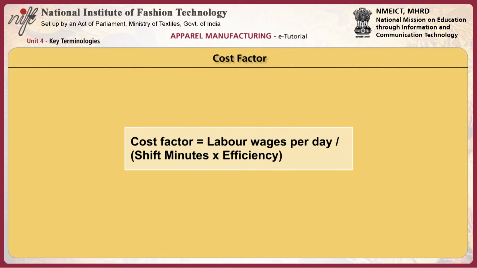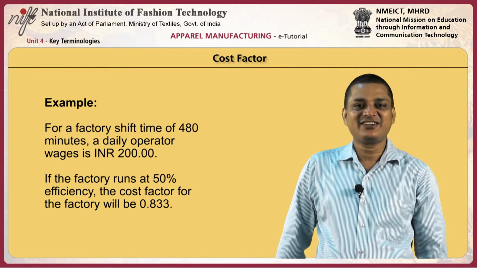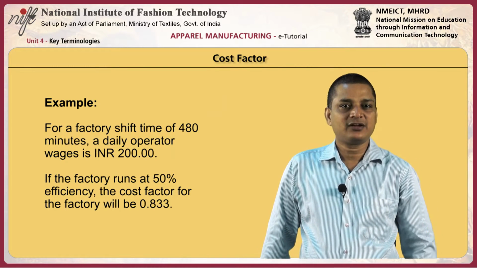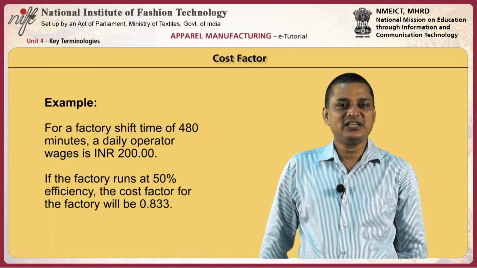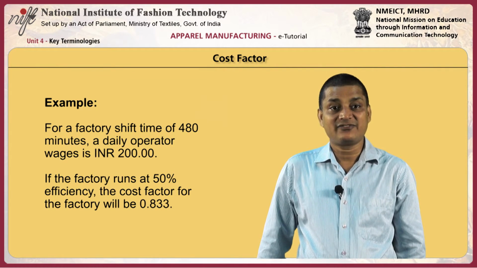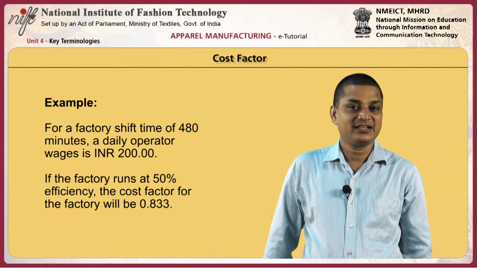Cost factor is equal to labor wages per day divided by shift minutes into efficiency. For example, for a factory shift time of 480 minutes, a daily operator wage is 200 rupees. So if the factory runs at 50% efficiency, the cost factor for the factory will be